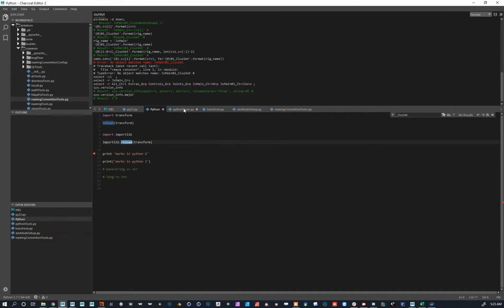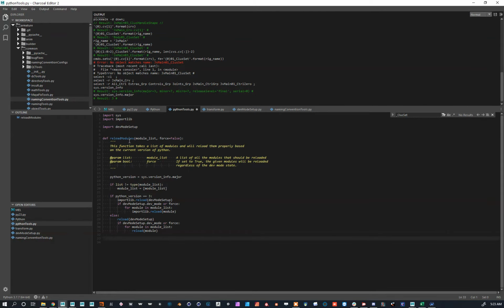So what I ended up doing to solve this problem was to write this very simple function that takes a list of modules and it will reload based on the version of Python that you're in. And I'll walk through that really quick. But I wanted to first say that one thing that I end up doing that I find helpful, which does not have to do with